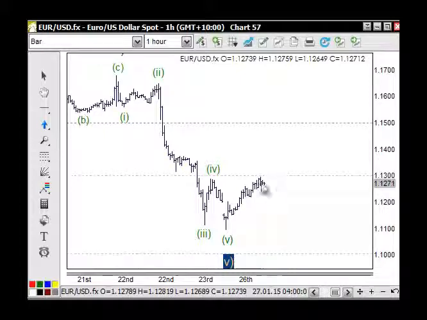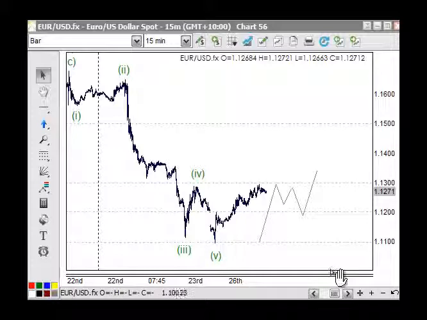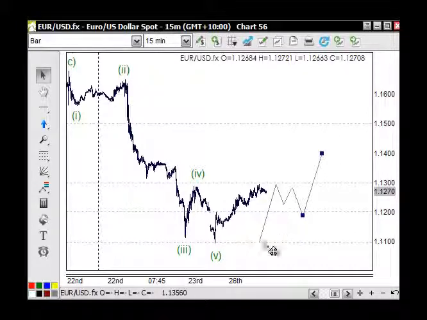The other point with this though is that if I left it like this here, then we do have 5 waves up here. So it's either wave C here, or we've got 5 waves up. And if it is that situation, we've got a low in place here, we've got 5 waves here. So the next session should sort out if we're going to get an impulse wave to the downside or a corrective wave to the downside. If we get a corrective wave to the downside in 3 waves, then we'll be pushing up here with the same length of this move further to the upside. So it does leave us with the setup being on number 3 here,